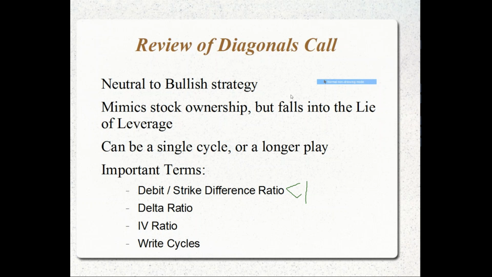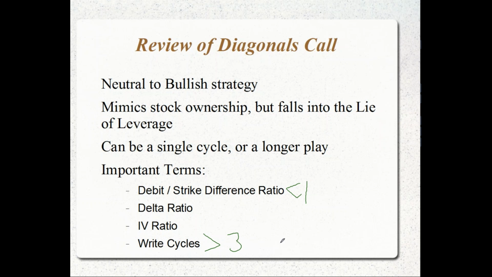That's why it's important to do that. I don't want to enter a calendar spread, whether my goal is short term or long term, where the debit is greater than the difference in the strike prices. And of course the right cycles I mentioned, I'm typically looking for right cycles of at least greater than 3. But again, if you're longer term, if you want to mimic stock ownership, a great idea is this: